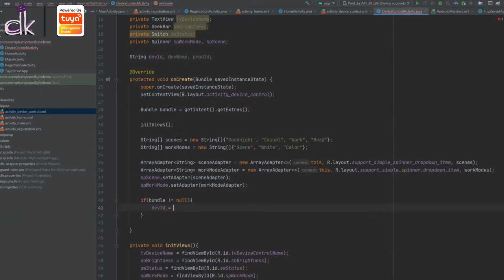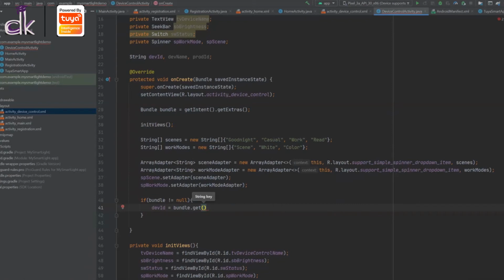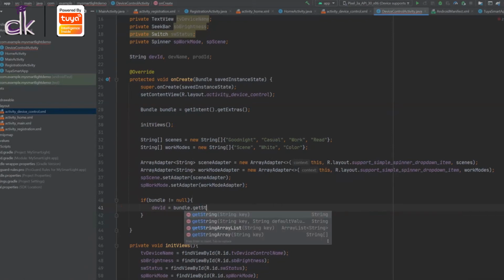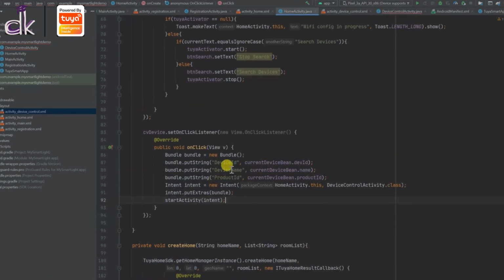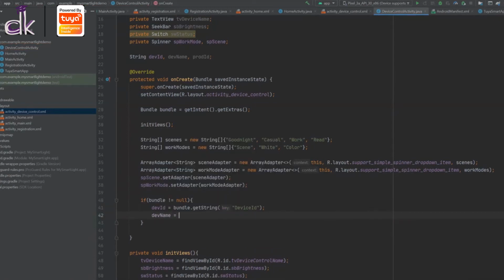So dev id is equal to bundle dot get, and here you pass getString, since it was a string. You have to pass the same key name as you passed here, so copy this, go here and paste it, and do the same for dev name as well.